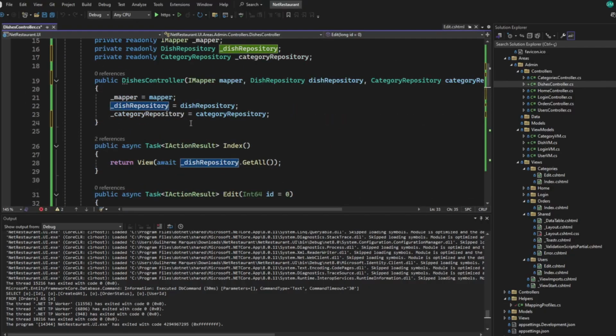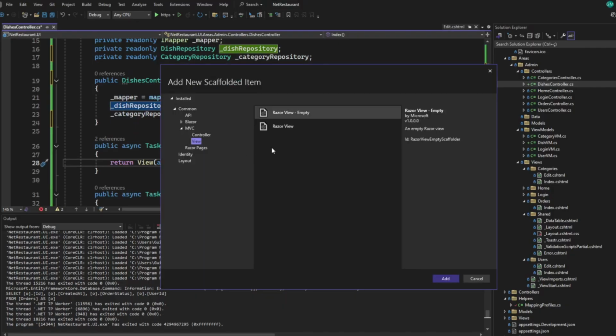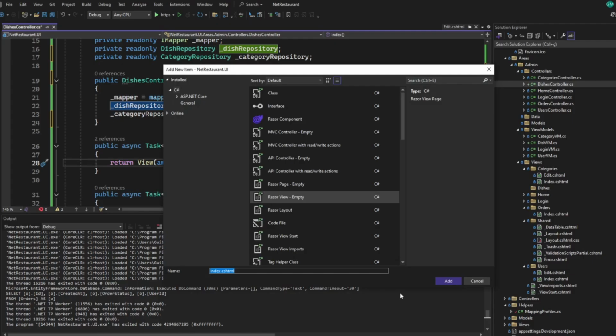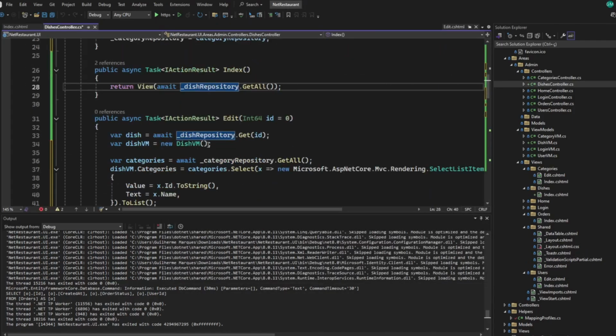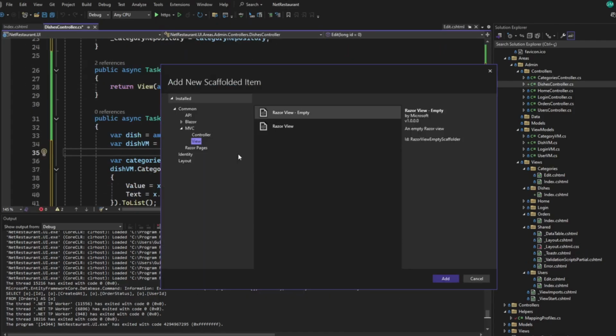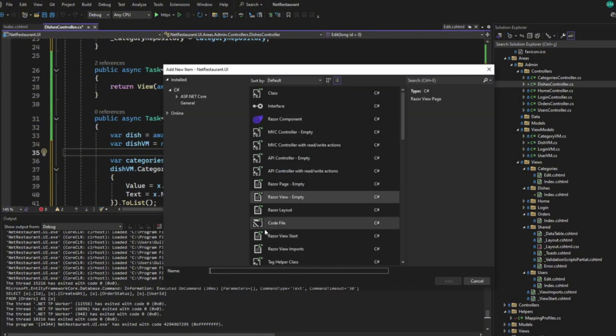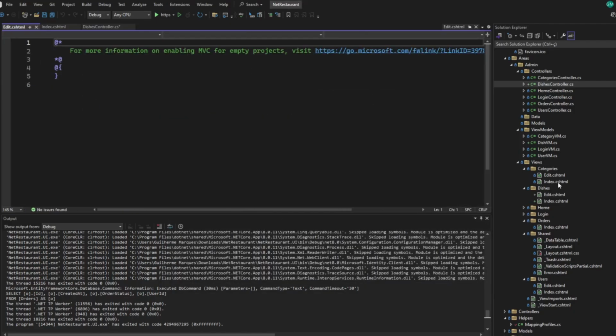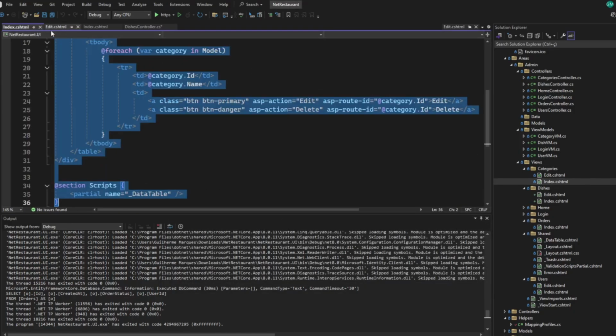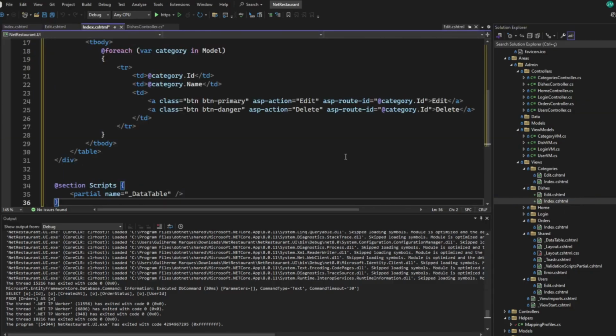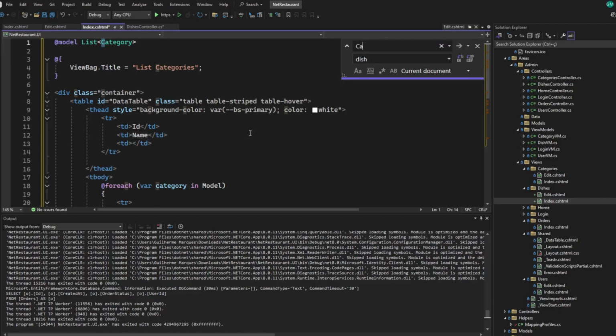Let's go here to dishes. Let's add this index view. Let's add it empty. Okay, let's go to edit, add a view, add it empty as well. Let's say edit, copy the index from the category and change it every time when we have category. Let's say dish